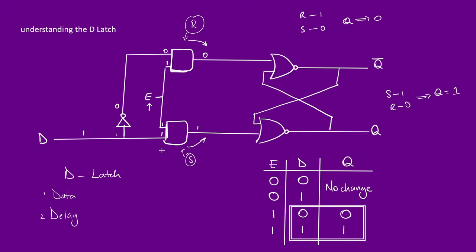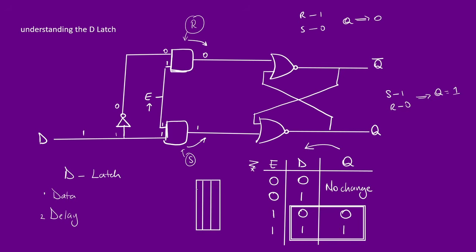The basic idea is what we've been able to show now: we made a sequential circuit where my output Q is always following my input D, provided my enable signal is high. This is a very important concept when you come to microelectronics and computer architecture. At a basic elementary level, it is a way of storing data. If you want to keep data in registers, if you have a memory segment that you want to write to,